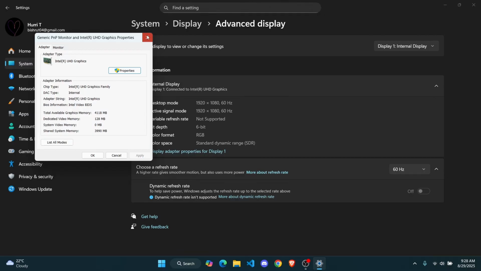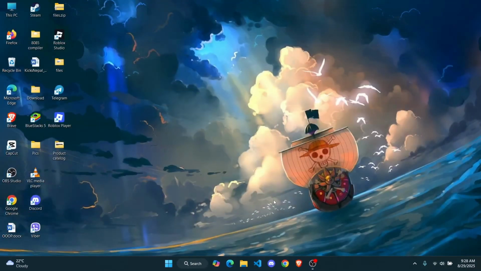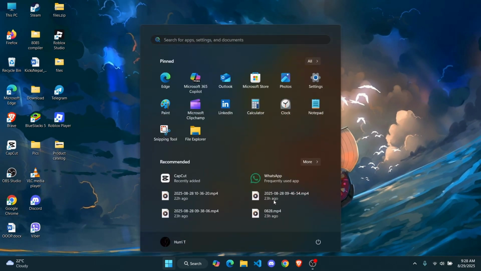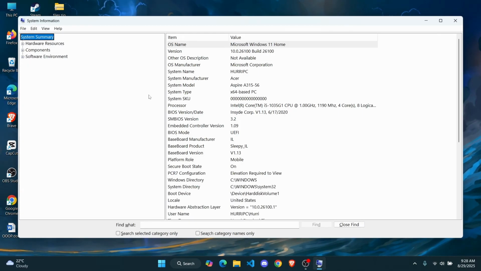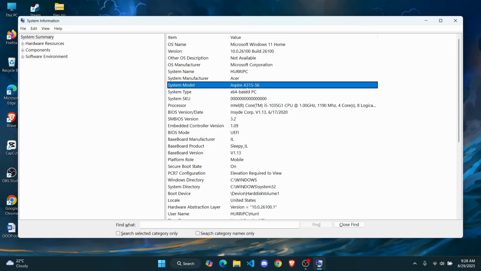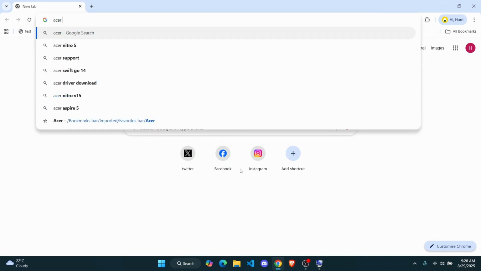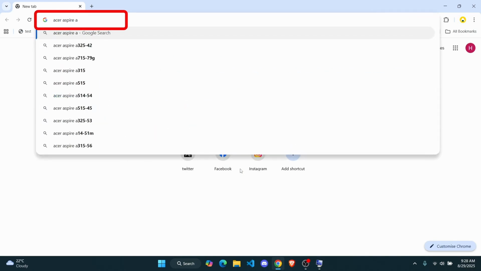So what you're going to do instead is close all of this out, go to your search bar and simply search for system information. Now it's going to show you your PC name, your manufacturer, and your system model. So let's just remember this model. It's Aspire A315-56. So we're going to go to Google and then simply search for Acer Aspire